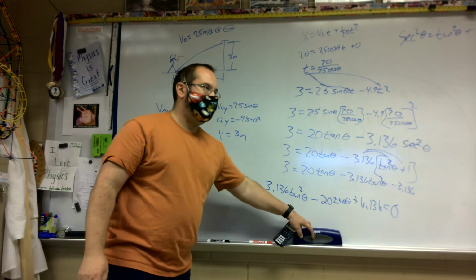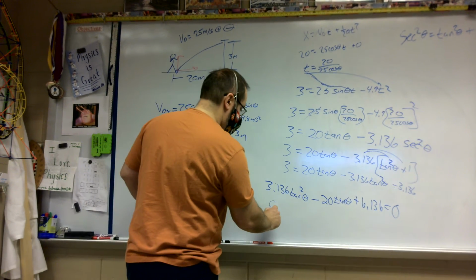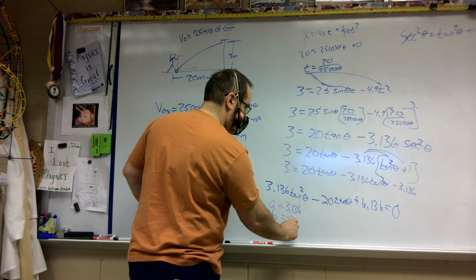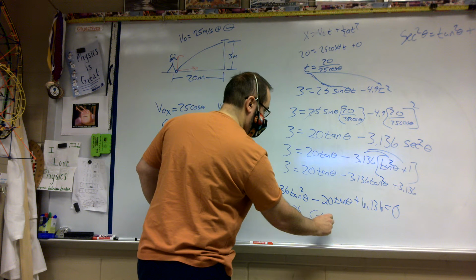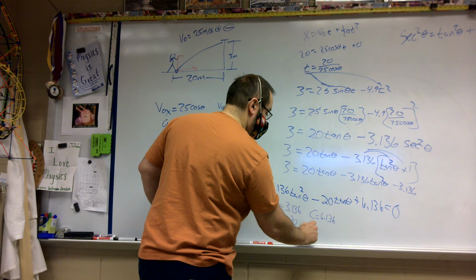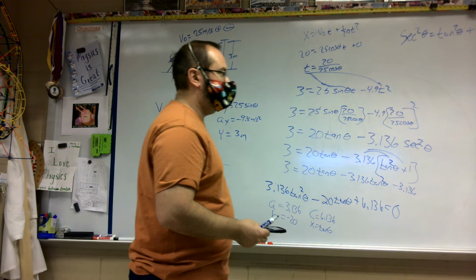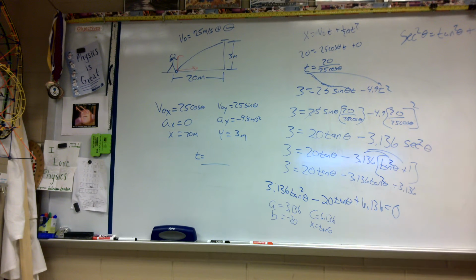Now I know that a is 3.136, b is negative 20, c is 6.136, and x is going to be represented by the tangent of theta. So now we go to our quadratic formula. The quadratic formula says x is equal to negative b plus or minus the square root of b squared minus 4ac, all over 2a. So the tangent of theta is going to equal